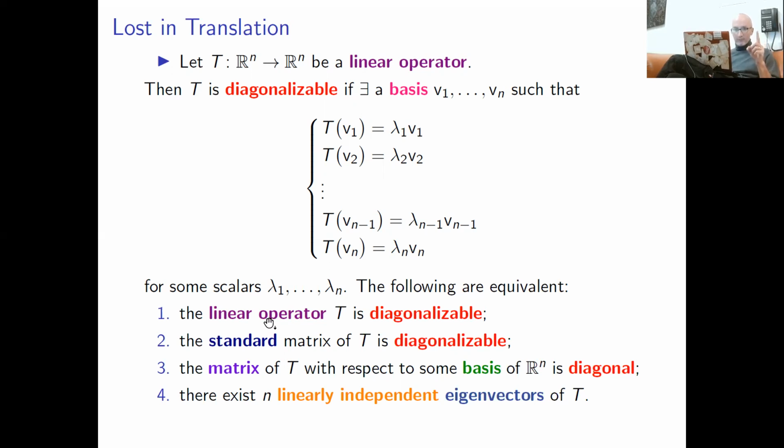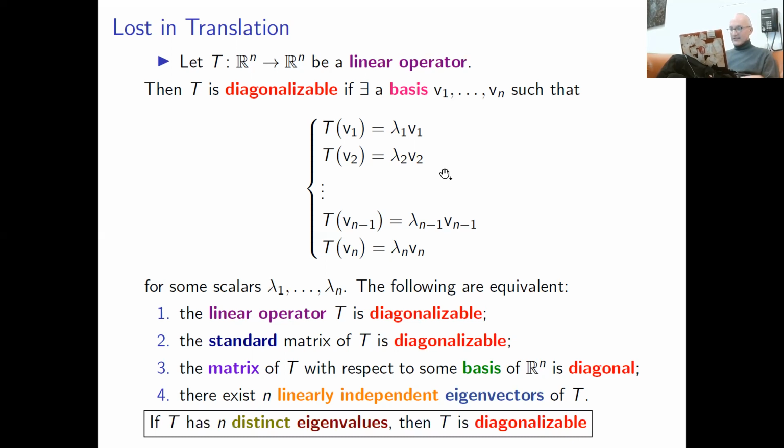But we can say more if we know that, for example, these numbers lambda 1, lambda 2, lambda m are of course eigenvalues. If all eigenvalues are different, if your linear operator has n different eigenvalues, then we know from the corresponding result for matrices that the standard matrix of this linear operator is going to be diagonalizable. We proved this. This is not obvious, but we sketched the proof in the previous part, so we can use it for linear operators. If your linear operator from Rn to Rn has n distinct eigenvalues, you don't need to check anything.